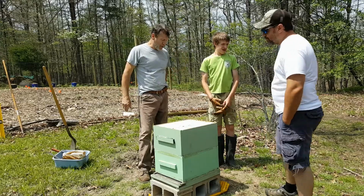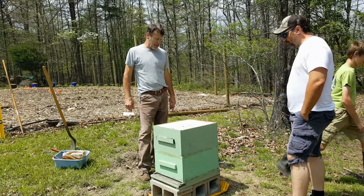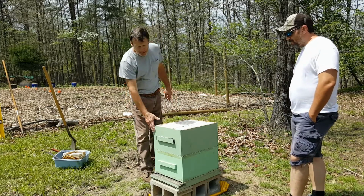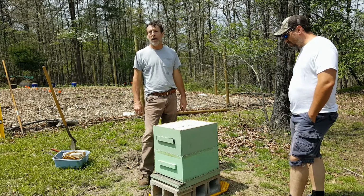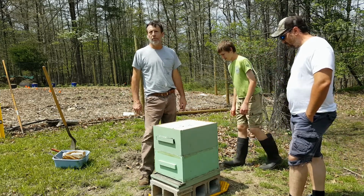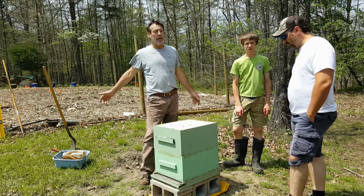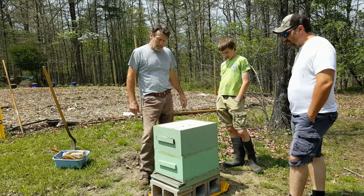Okay. So we're reusing an old hive that I had. It's in good condition. I made these myself. You don't have to have a lot of wood making skills, or you can buy them pre-made. It's whatever you're comfortable with doing. There are plans online. There are dozens of people who have plans for making hives. Be that as it may,